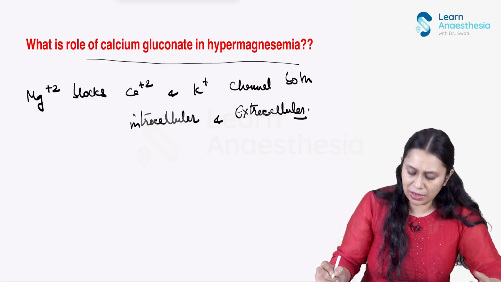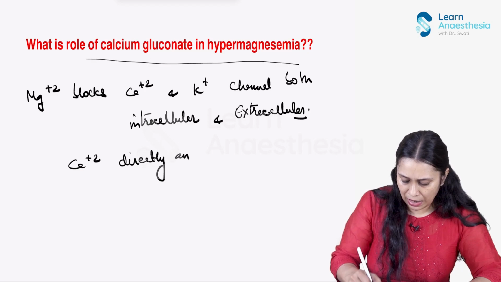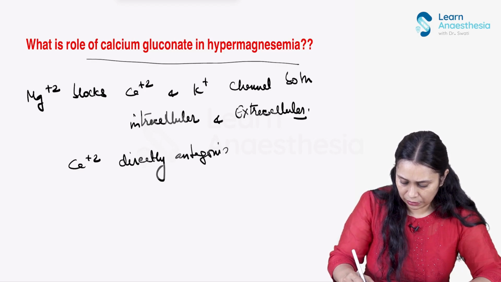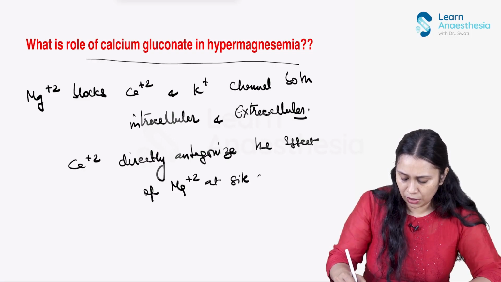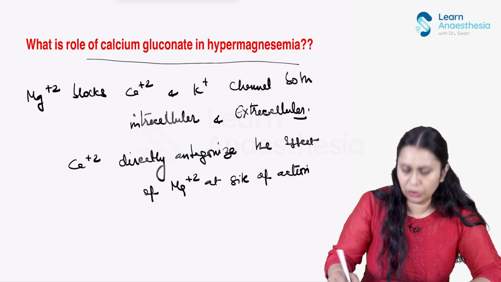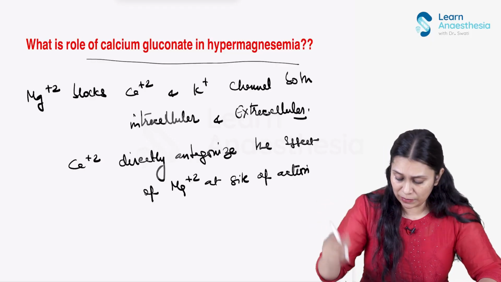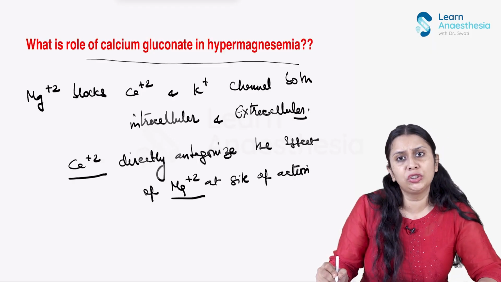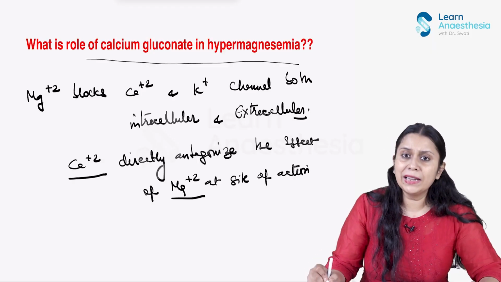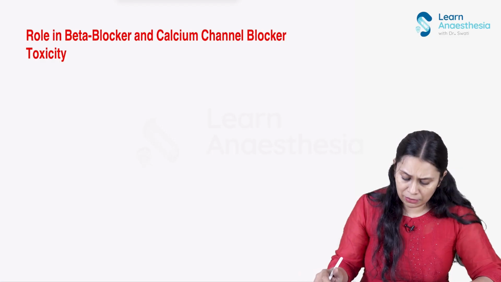Okay, what does calcium do? Calcium directly antagonizes the effect of magnesium at the site of action. So whatever is the site of action, you are getting my point? Wherever magnesium is acting, the calcium directly antagonizes that effect, whether it could be the neuromuscular junction, wherever it is acting. Got it? So that's how it is acting in hypermagnesemia. Then role of calcium gluconate in beta blocker and calcium